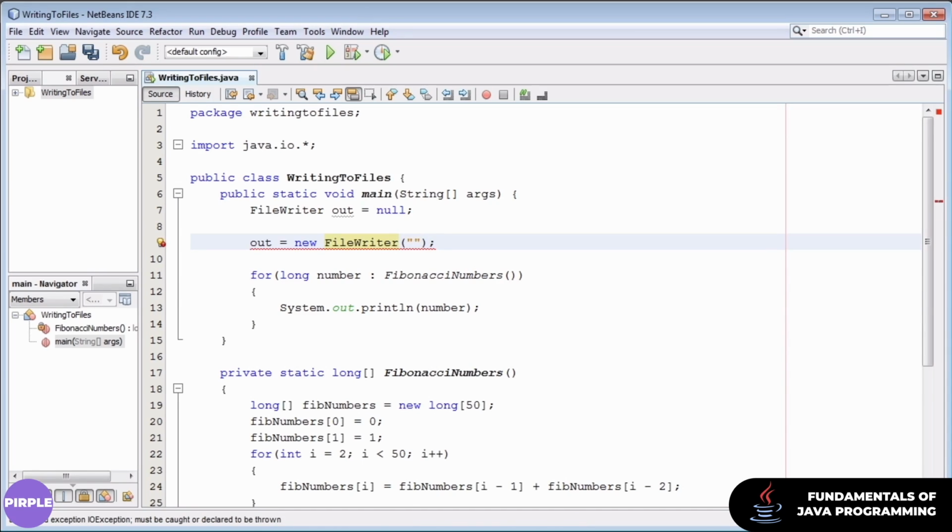In order to write to a file, we're going to need to know two important things. First, of course, we're going to need to know what to write to the file. And second, our FileWriter is going to have to know what file it should write to. When we're using a FileWriter, we associate it with a specific file. So we pass into its constructor the name of the file we would like it to write to. Our FileWriter is capable of creating a file if none exists. So we should just pick a name that ends with .txt